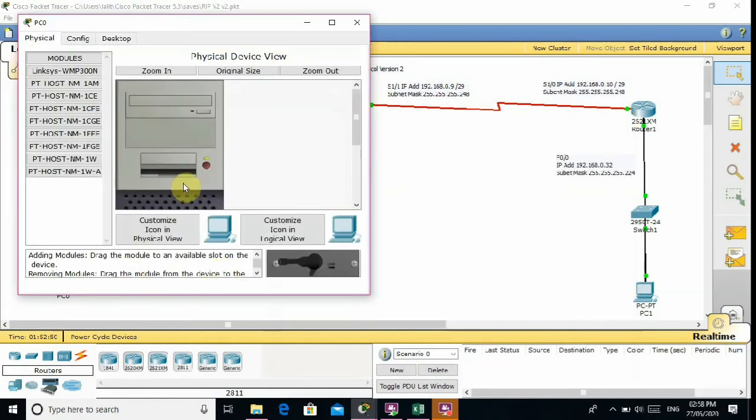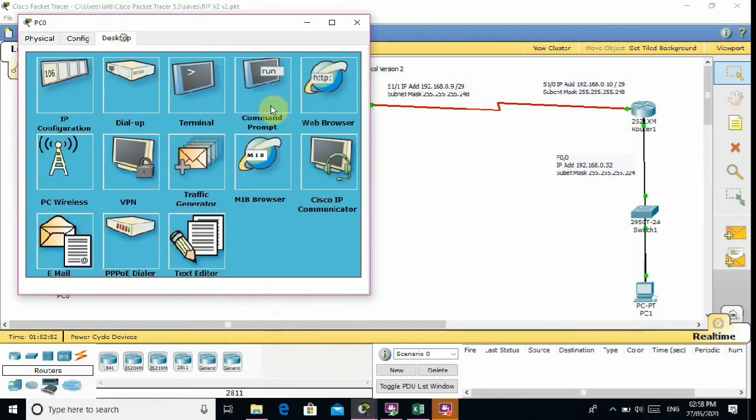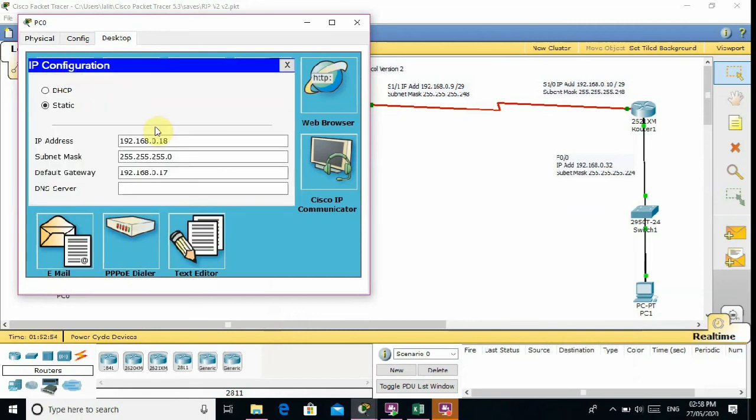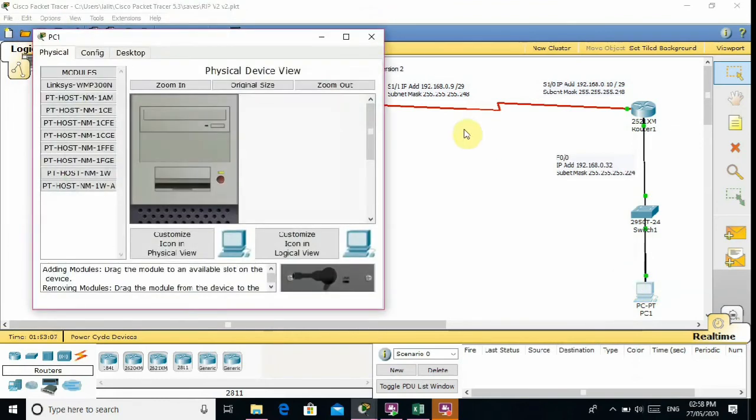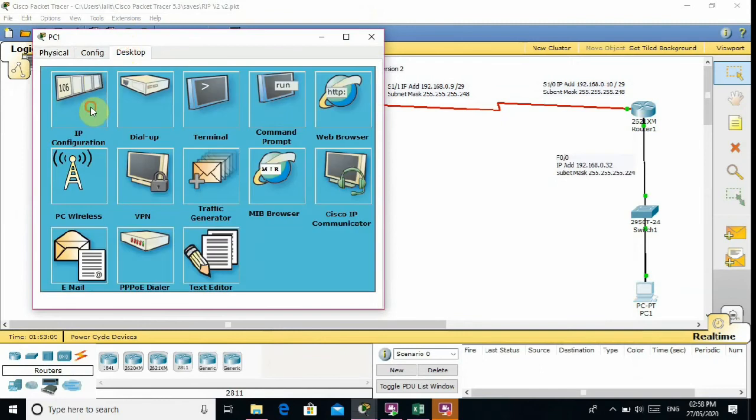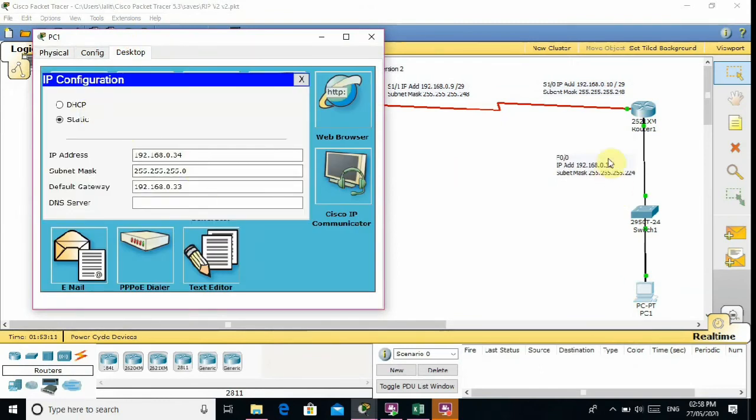So friends, we can see I am going on router first, to the switch and desktop. There I already configured the IP address which is connected to the particular routers. There you can see this configuration is done.